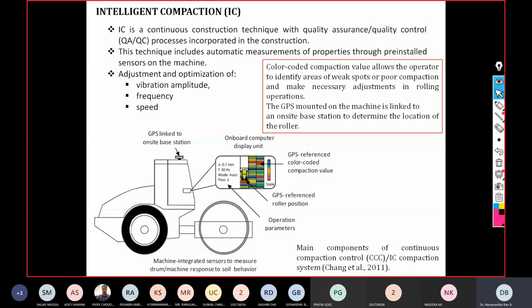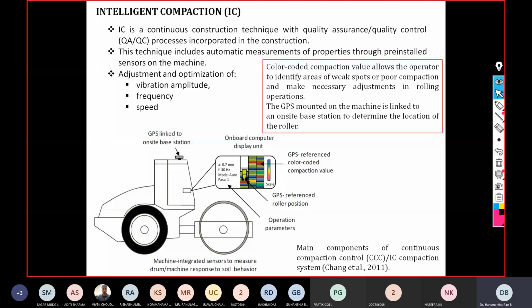Okay, so the suitability of intelligent compaction is almost very similar to conventional compaction. The only thing is that the same equipment is housed with different sensing systems. So intelligent compaction rollers can be used to compact natural subgrade and fill, ranging from cohesive to cohesionless materials. The application is very similar. There are some advantages and some limitations when you go for intelligent compaction.